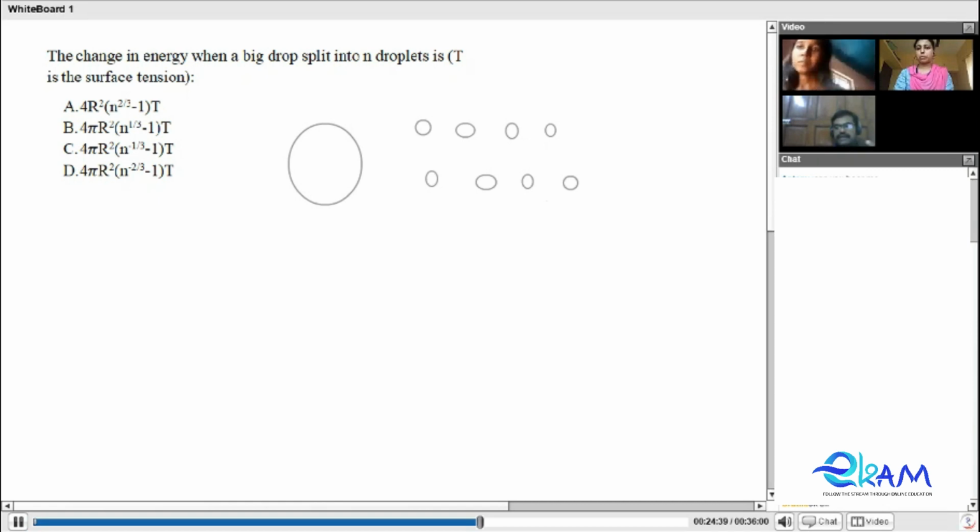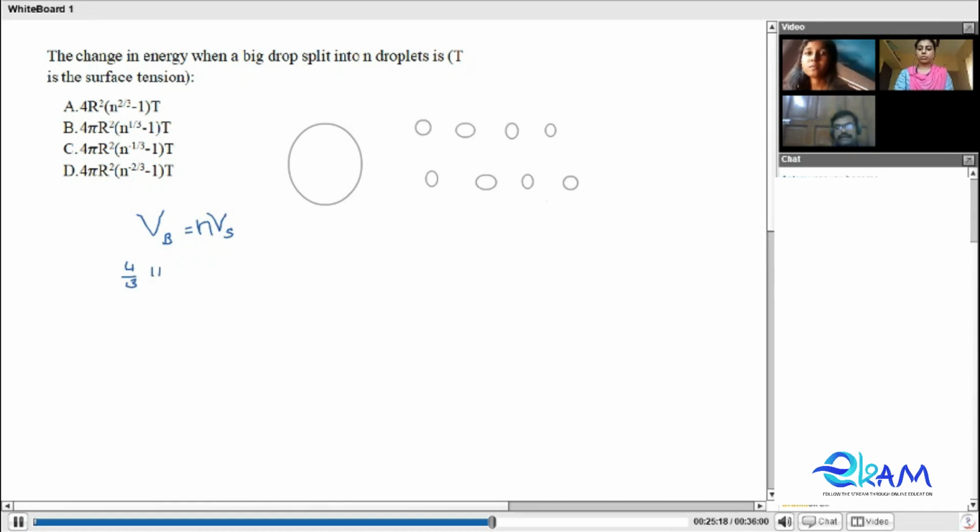If you take 1 glass of water and split it into 8 glasses, after you combine all this, you should get the same quantity of water, right? Therefore, we can say the volume of water is constant in this case. As Rudy said, the volume of the bigger drop is equal to n times the volume of the smaller drop, because we have n smaller drops. Clear?